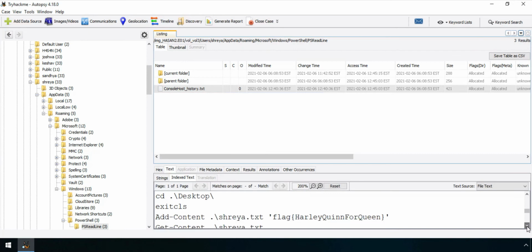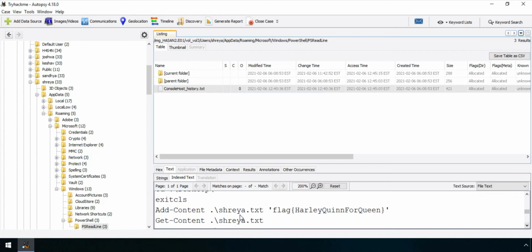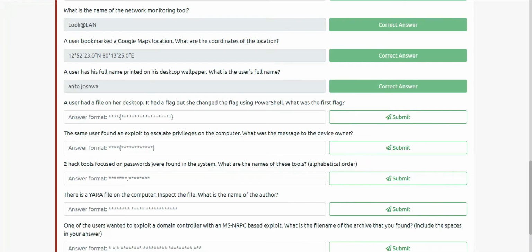So let's go down. As you can see, the file actually has this as the flag before any changes. When this file was being written, this was the flag, Harlequin for queen. So let us give it as the answer.